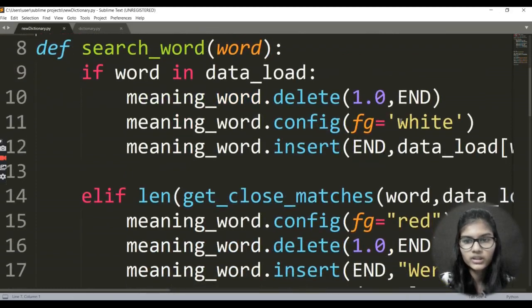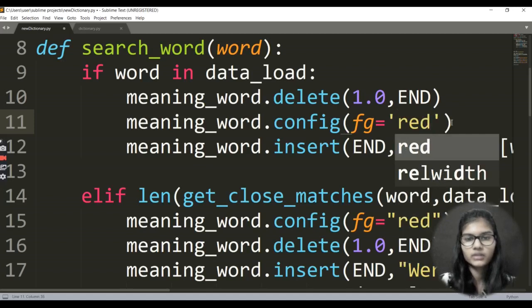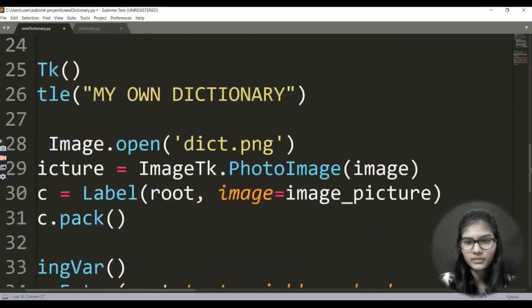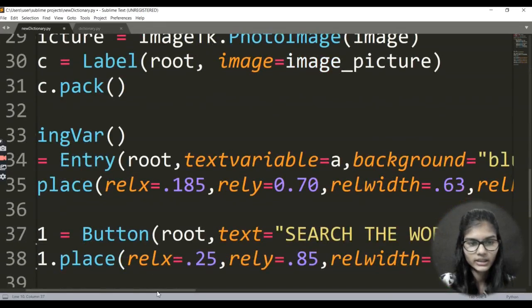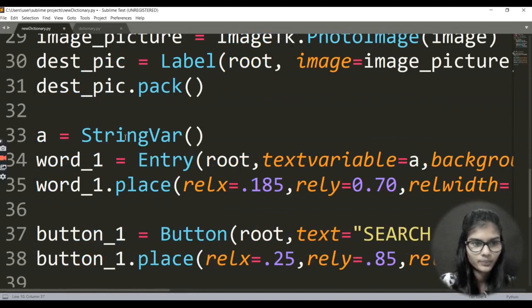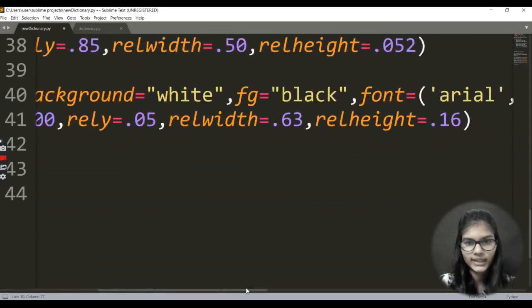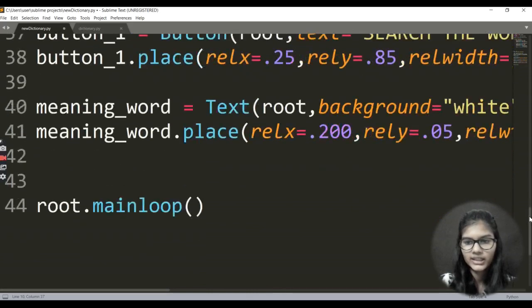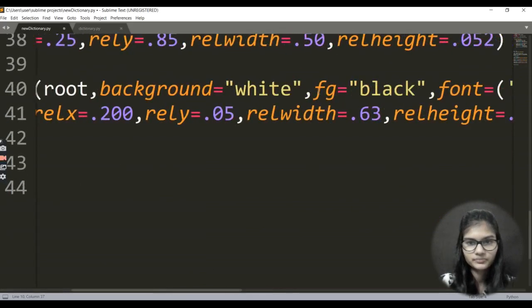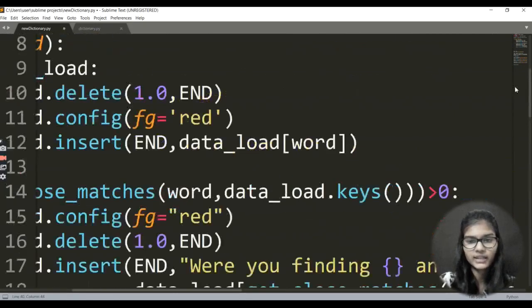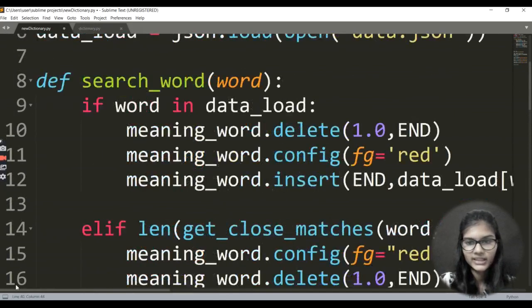Search word in data. Okay, just one thing here, that instead of this white, I need to give a particular color, that is what color I want. Actually, I've given here this red as well. Right. So, okay, let me come down and see what we have given inside this, right here, meaning underscore word. So here we have given background will be white and FG will be black. Okay, let's remove this background from here, because above we had already mentioned that thing. Fine, I would just remove it. Now I've made that thing red.